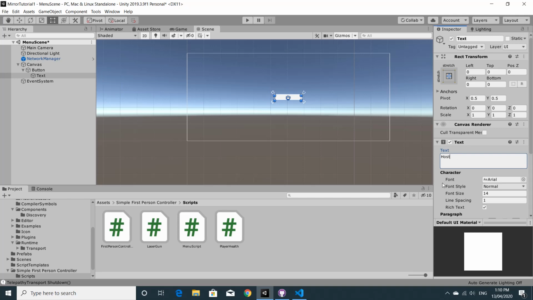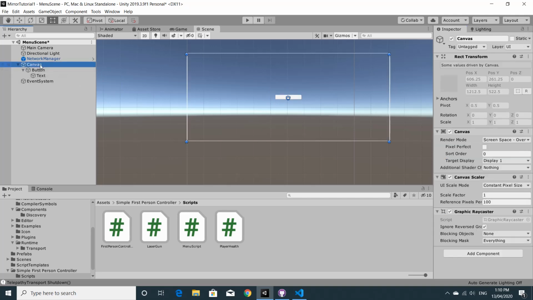So we can change the font. I'm not going to worry about how pretty it looks. The important thing is that this canvas that we're going to have has to be on the network manager. This network manager is going to move from scene to scene, and we don't want to have to hook it up again in some fancy way. We can just drag it straight onto the network manager, and now that that's done, we need to make sure that the prefab itself